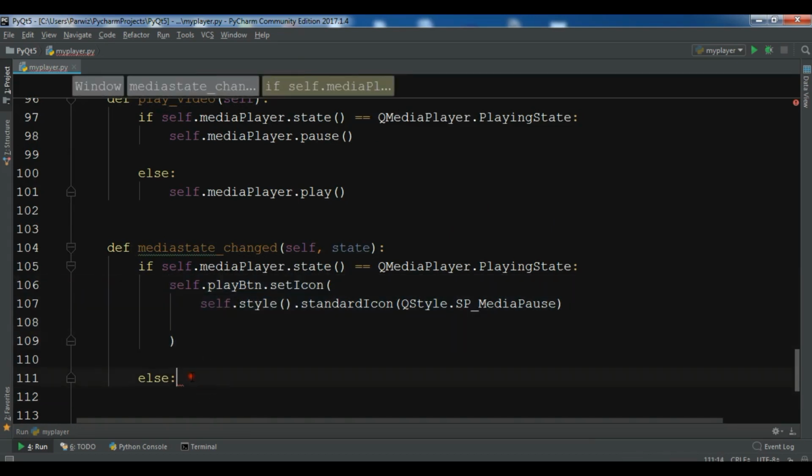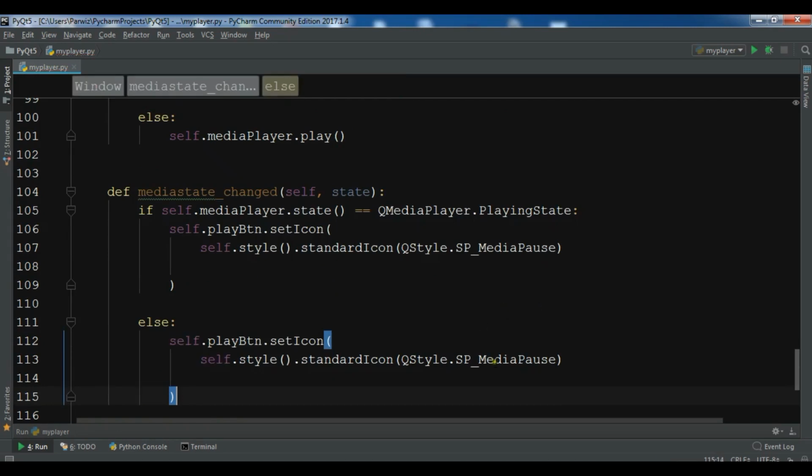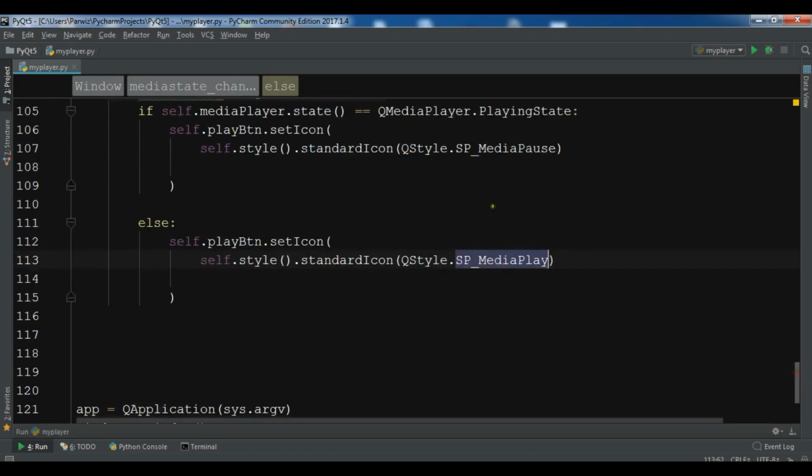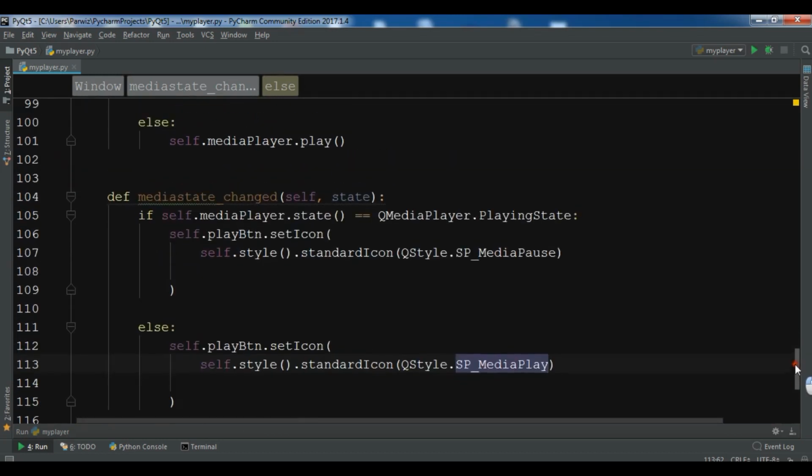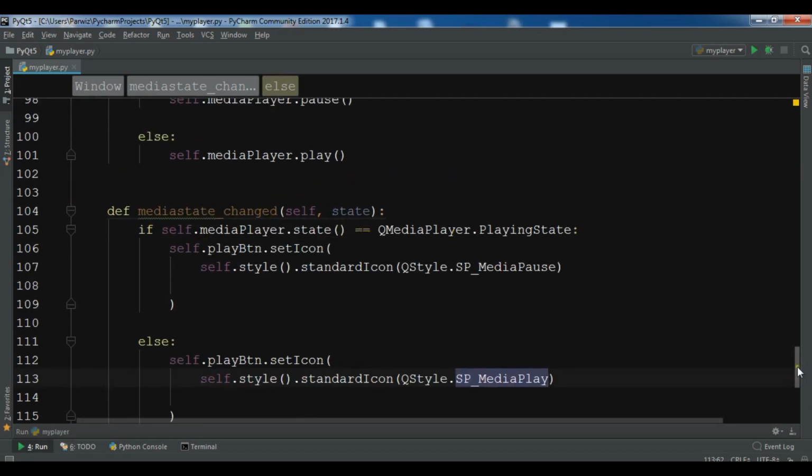So let me just copy this and paste it in here, and I'm going to change this to sp media play like this. And now if I run this, let me just, okay, now we need to connect our media state change method to the